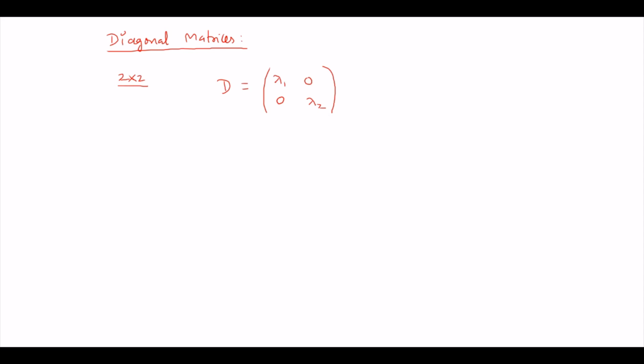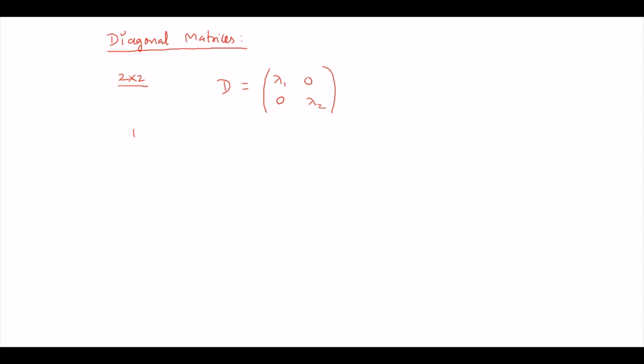Now the advantage of diagonal matrices is that life becomes very simple if you work with diagonal matrices. As soon as the off diagonal entries appear, the calculation becomes tedious. So this is the message we should keep in mind. Let us see what are the simple things which we can easily do through diagonal matrices.